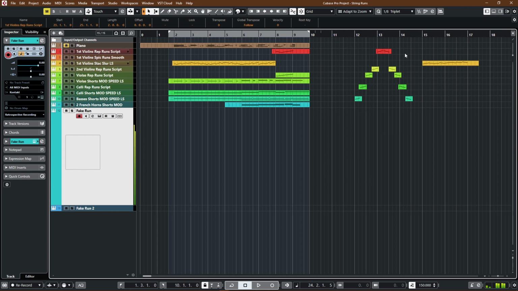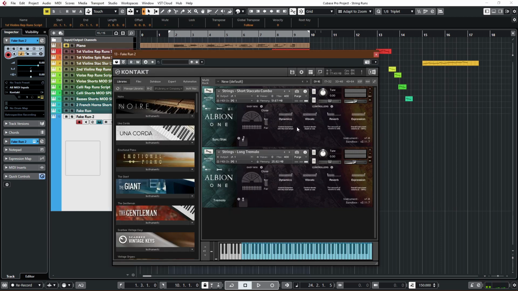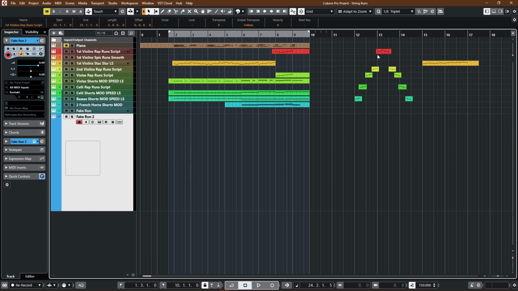So, that works pretty well. And then I also created one here, which is an Albion one, where I have combined a short staccato with a long tremolo. And it sounds like this. And obviously it won't sound as good, but you can get pretty good results depending a little bit on what you have at the same time. So this one here,